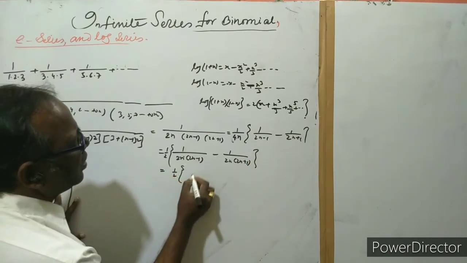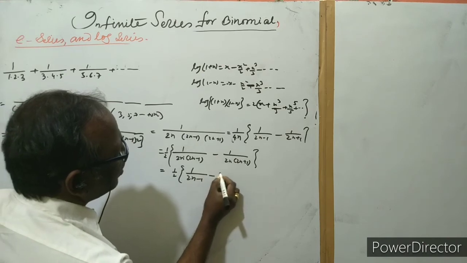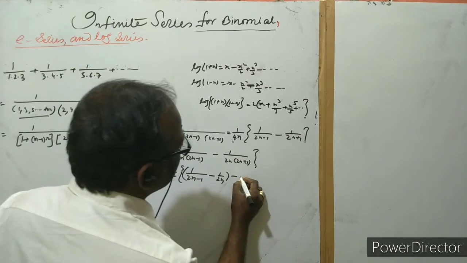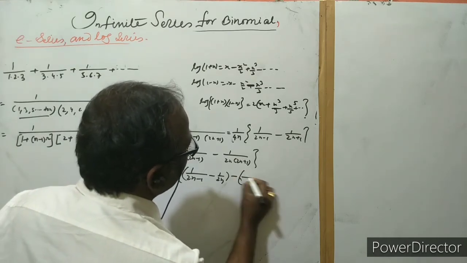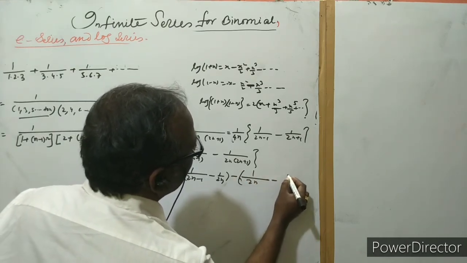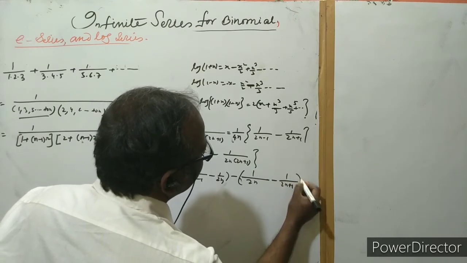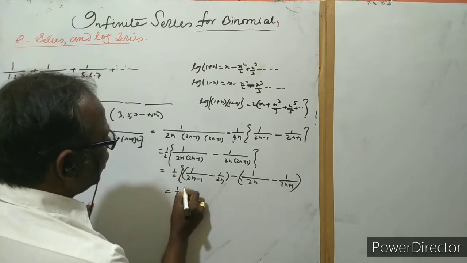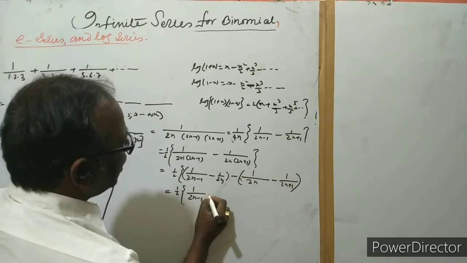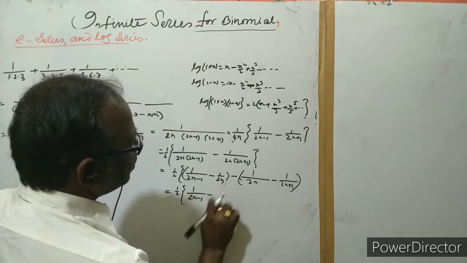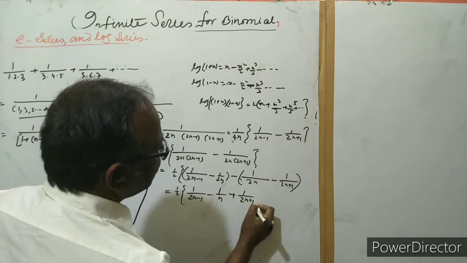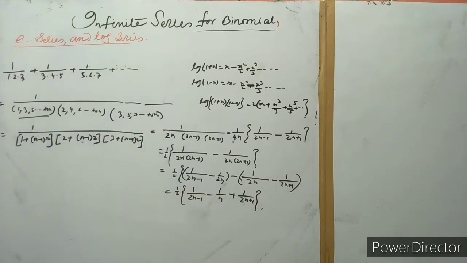Now see, this is 1 by 2n minus 1 minus 1 by 2n. Okay, if we take this, we got this. Again, we can write here 1 by 2n minus 1 by 2n plus 1. If we take an LCM, then this and this, okay, we got this. So 1 by 2, this is 1 by 2n minus 1, minus 2 by 2n, this is 1 by n. Minus minus plus, we got there 2n plus 1. Okay, now putting n equal to 1, 2, 3, then what do we get?